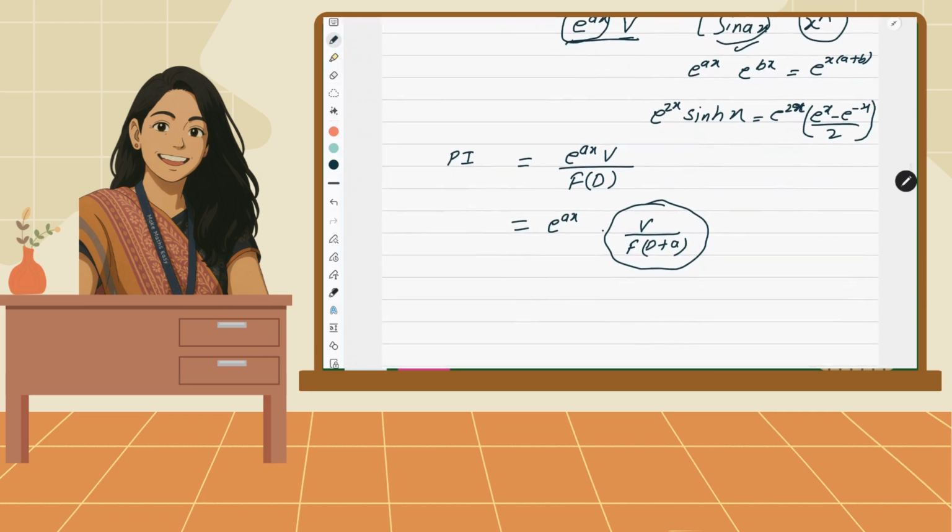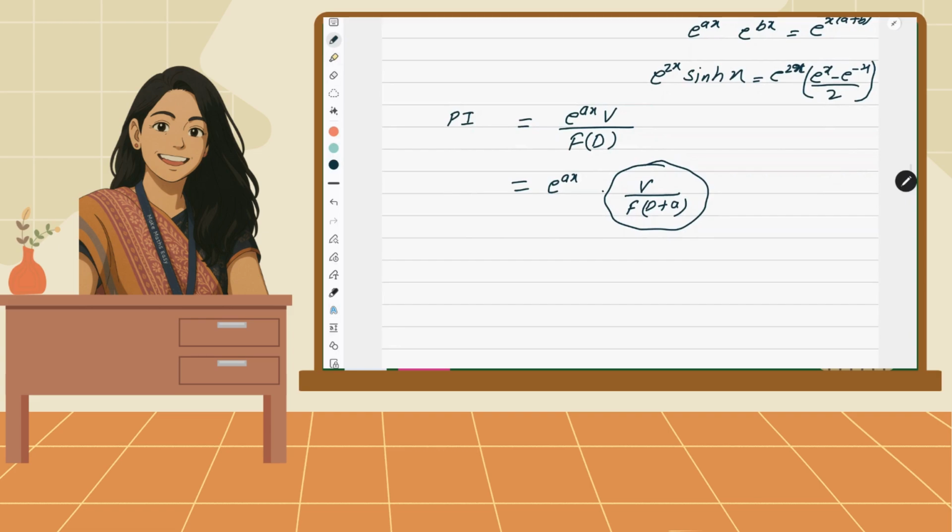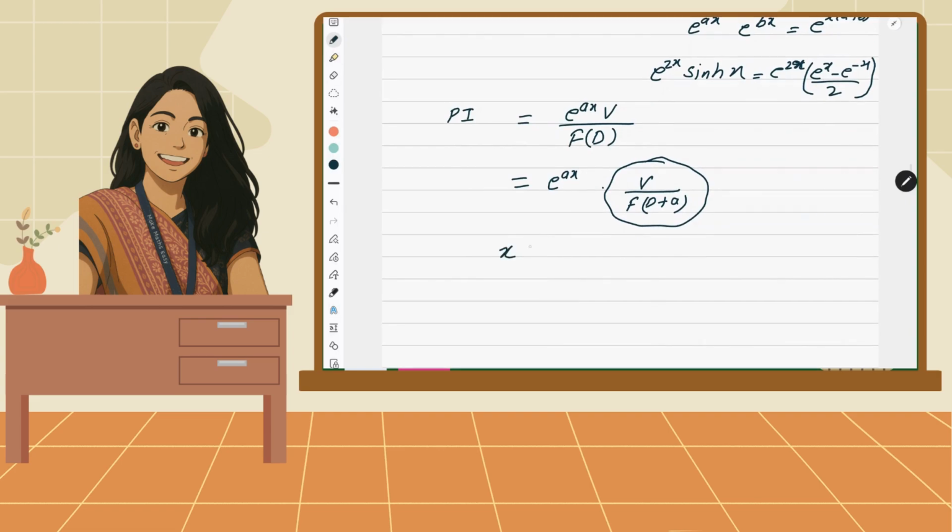In this, you can convert one more category to this, suppose you have x sin 2x. Now we know that e to the power ix is equal to cos x plus i sin x. If I ask what is the real part of e to the power ix, you will say cos x. If I ask what is the imaginary part of e to the power ix, you will say sin x.